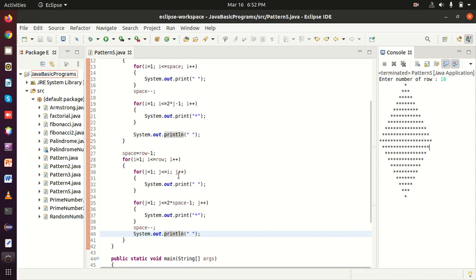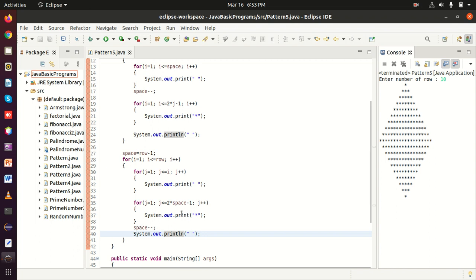Now control will switch over to the second for loop. So 2 white spaces are already printed over there, and now we can see for j equal to 1, j is less than or equal to 2 star space minus 1, j plus plus. The value of space is now what, 8, right? 10 minus 1 equal to 9, 9 minus 1 equal to 8, the value of space is 8.